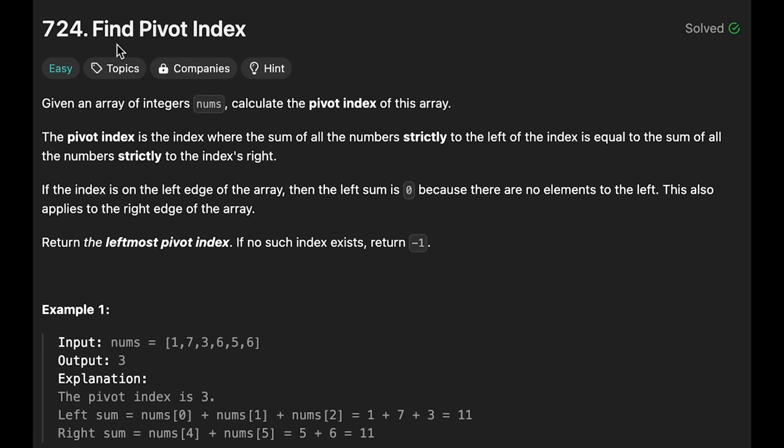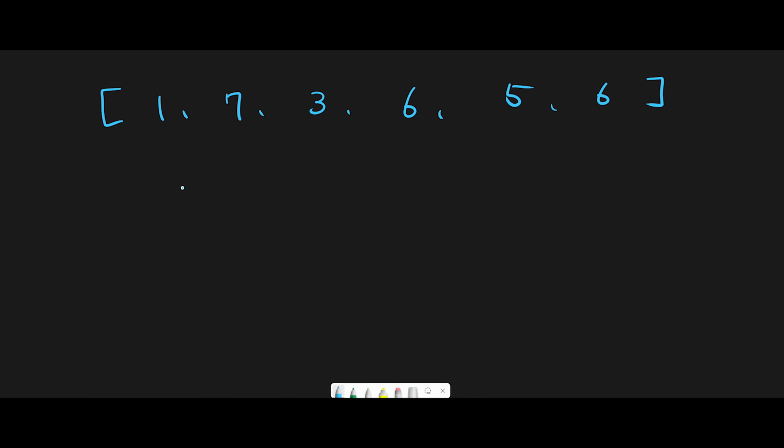Hey everyone, today we are going to solve the LeetCode question, find pivot index. Okay, so let me explain with this example,